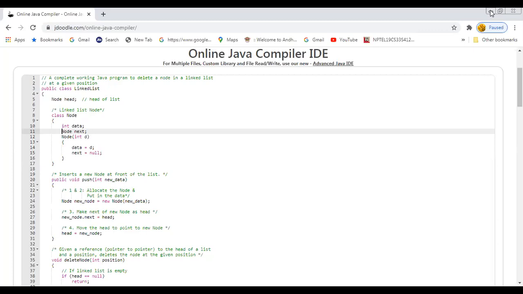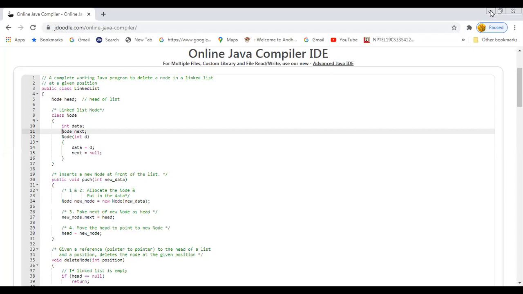It is a set of classes and interfaces. Now, what is a collection framework? The collection framework represents a unified architecture for storing and manipulating a group of objects.